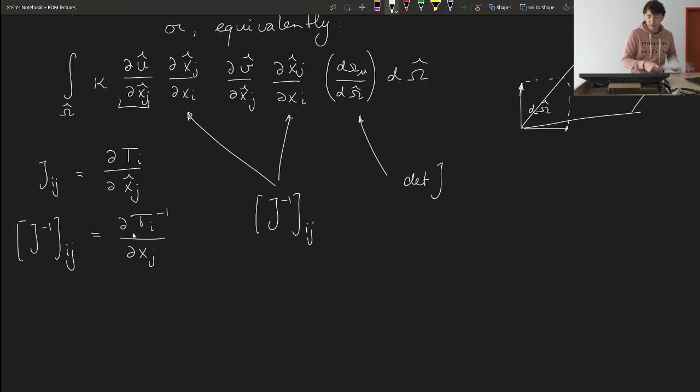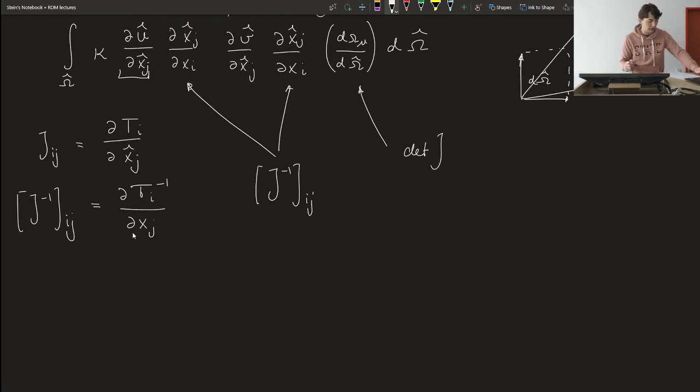Okay, so this was the index notation. Let's go back to vector notation. I always find that a little bit more pleasing to read. So we have now our integral on omega hat. We still have a kappa. Then, this set of index notations is really just a matrix vector multiplication, where the matrix is this inverse Jacobian,